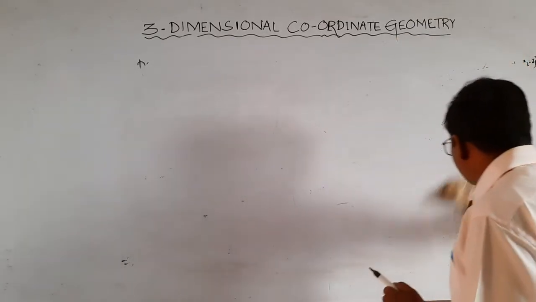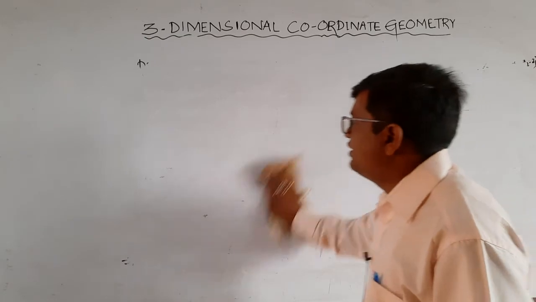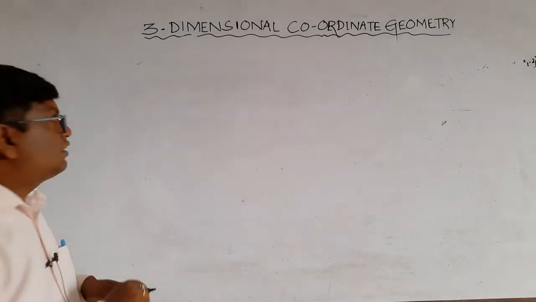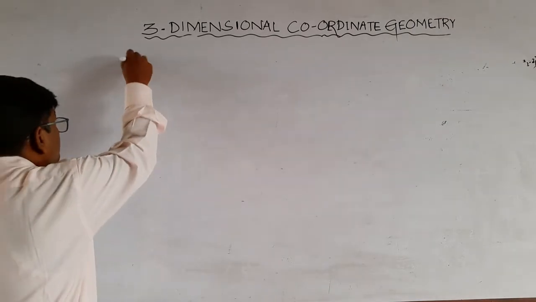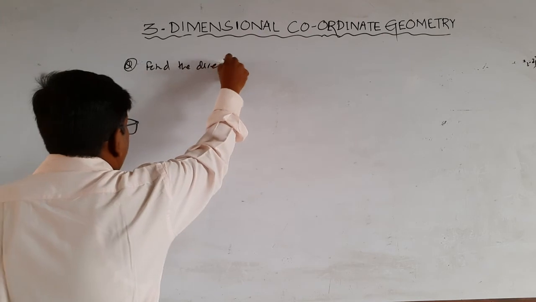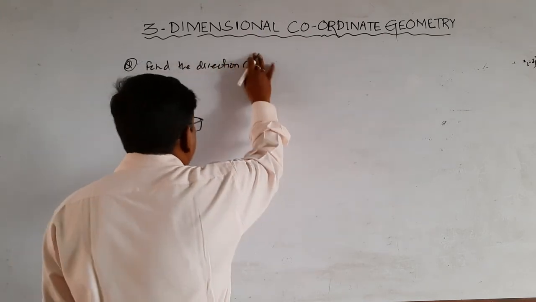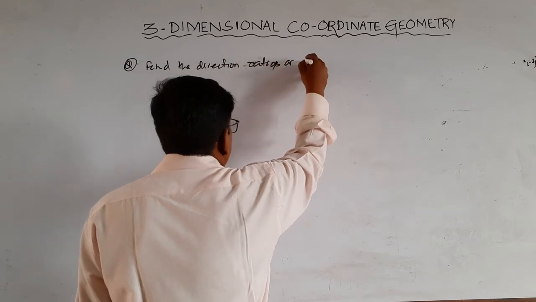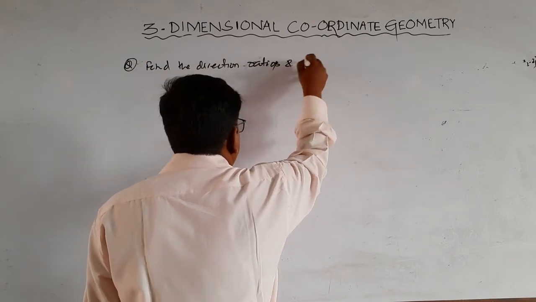The question is: find the direction ratios and direction cosines